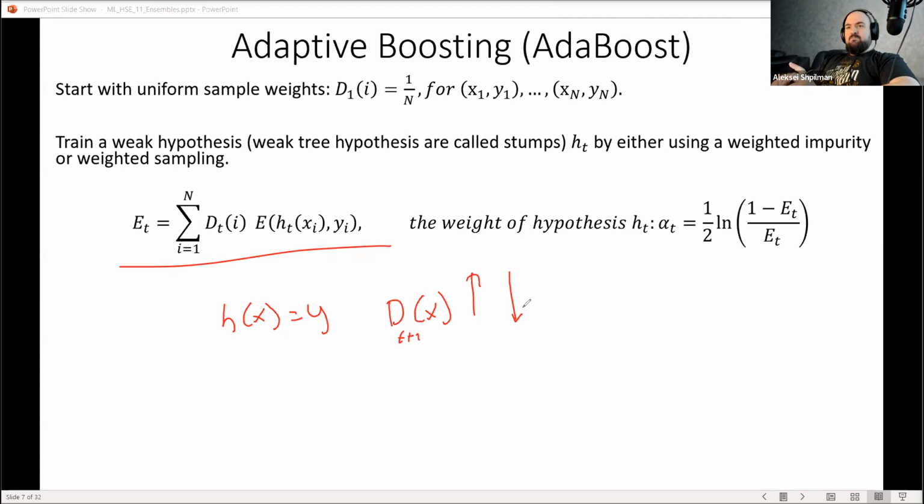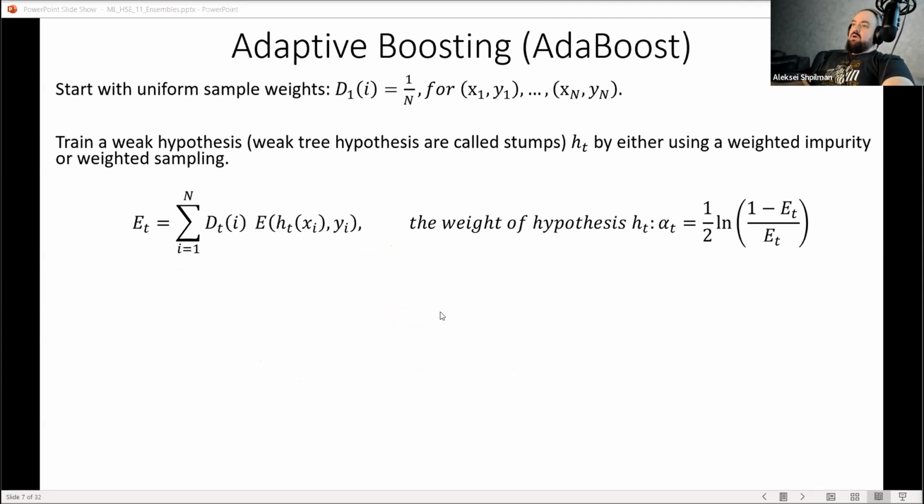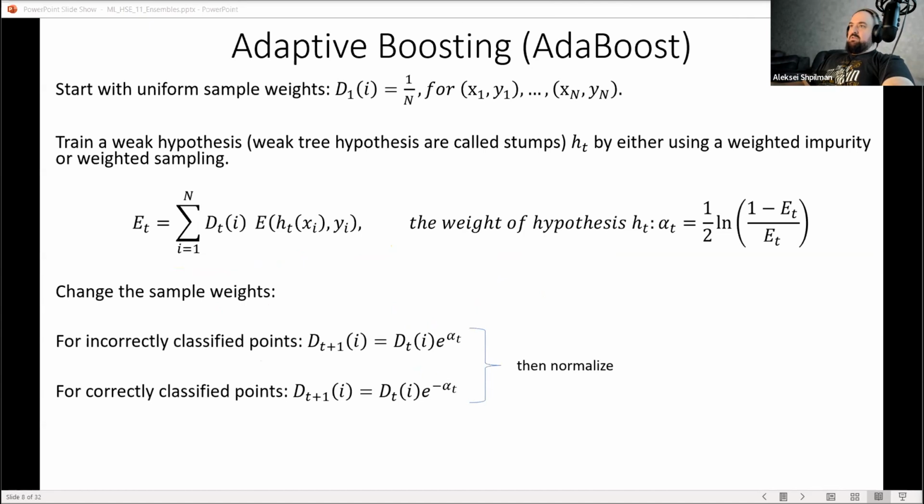The first tree learned to classify some points, so it's more logical for the next ones to classify other points. And that means? So it should decrease. Yes. So this should get lower. And if it's not correct, the weight should get higher. How much higher or how much lower? Well, a simple